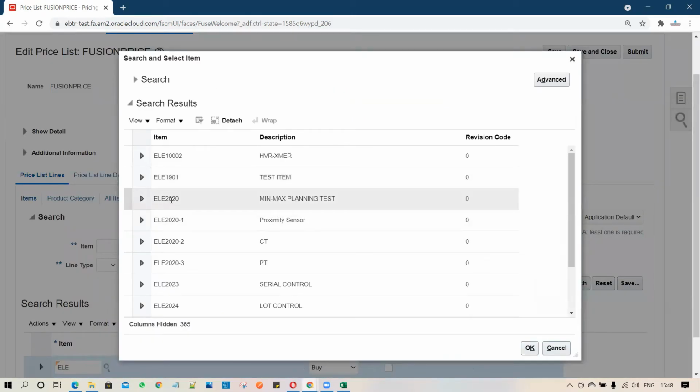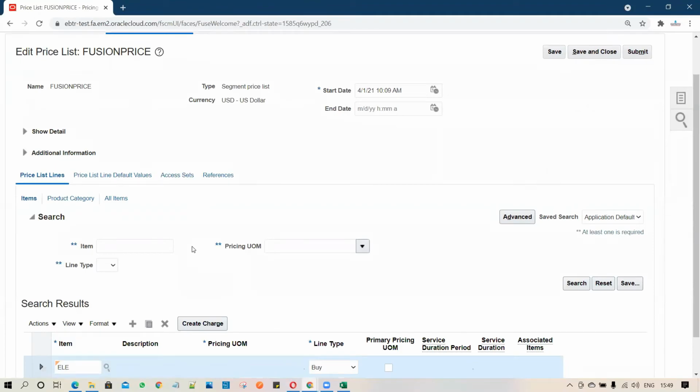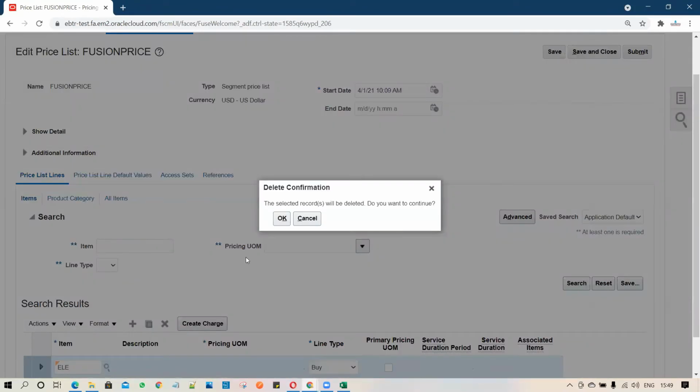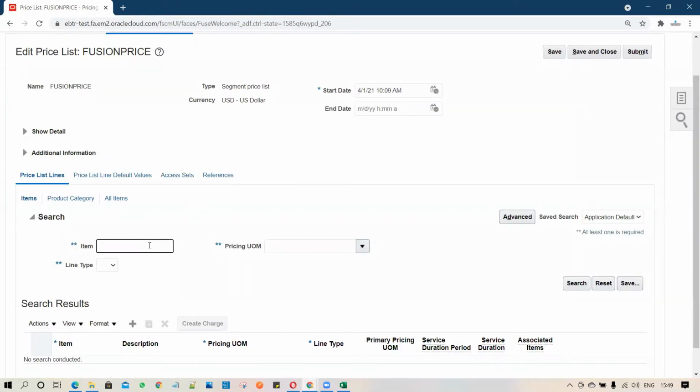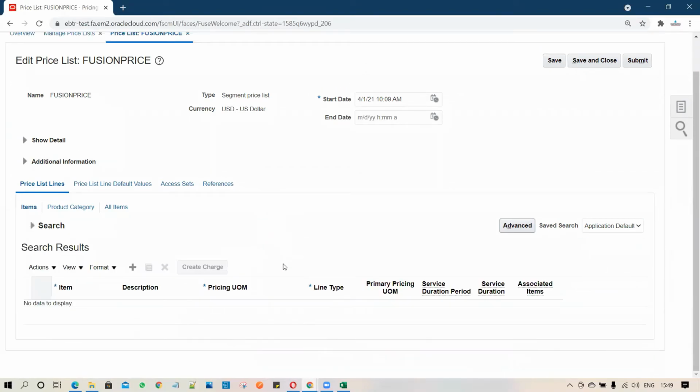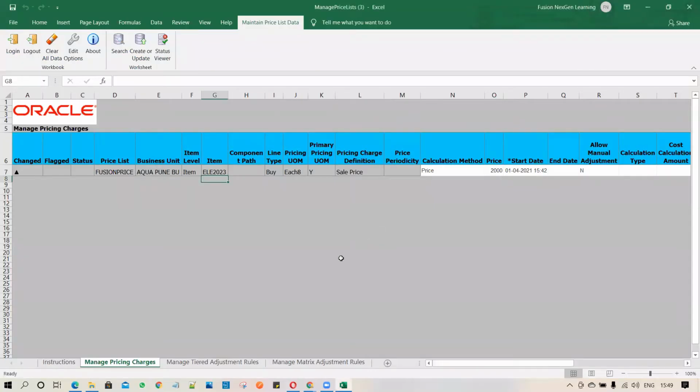So let me take this item and I will add it via ADFDI. If you search this item within prices, you won't have the data available. After the ADFDI update we will validate whether that item got added or not.